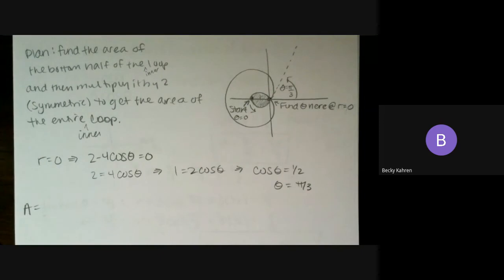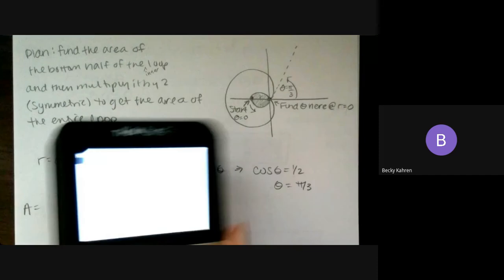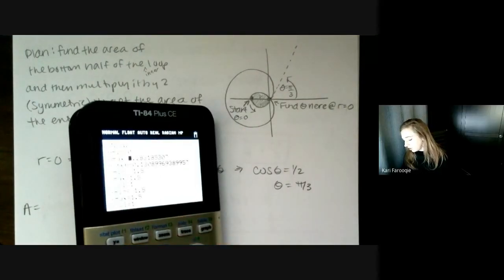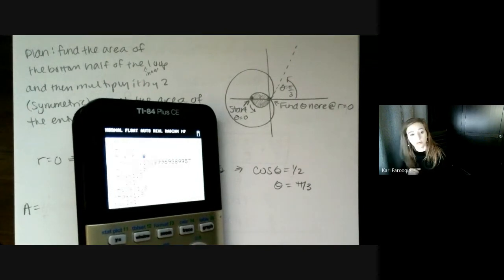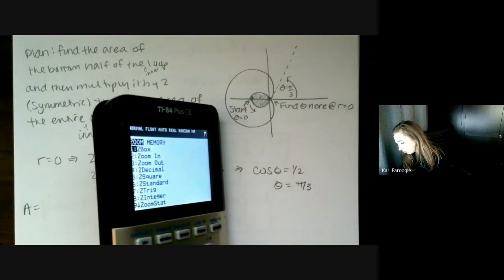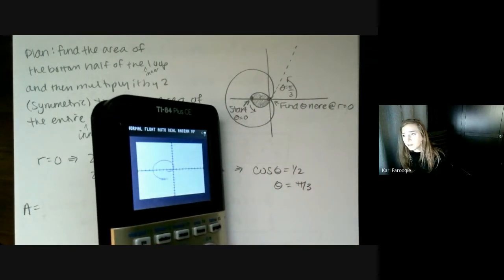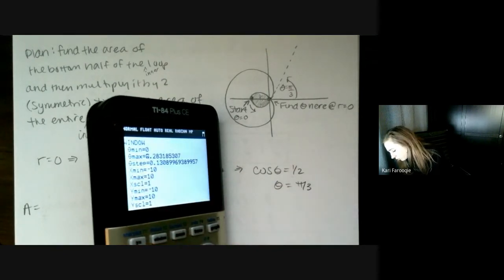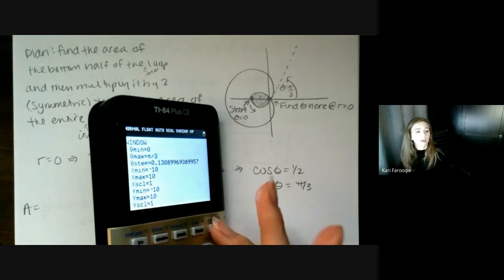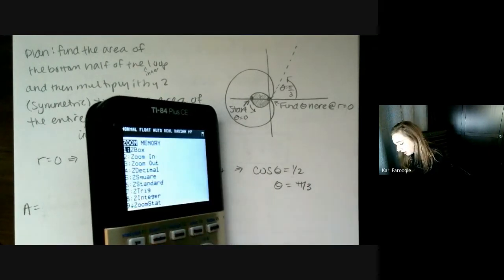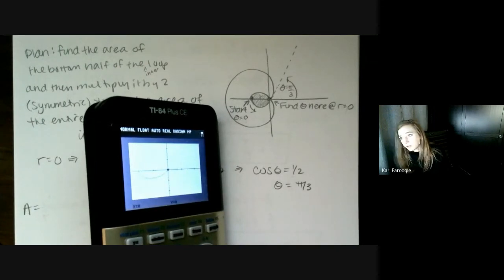And we can check that in the graph if we put theta equals pi over 3 and it shows r equals 0. Yes, I'm glad that you mentioned that because I forgot that we did that in the last example. But yes, absolutely, you can check it by going from 0 to pi over 3. I'm going to again zoom standard this time. Every time I do that, it erases what I put in. Okay, so don't freak out if that happens. But from 0 to pi over 3, you do get just the underside of that inner loop.